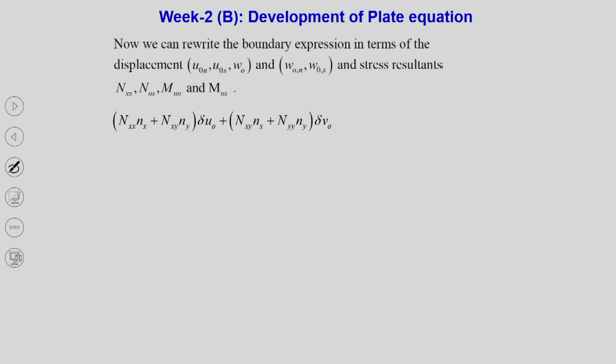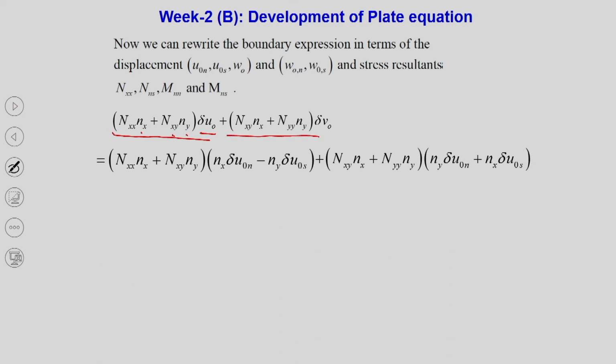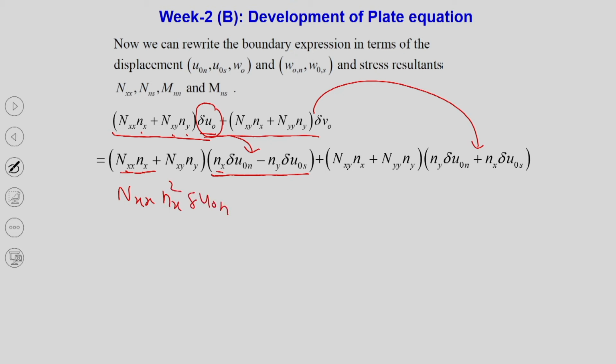So, now you see how to convert this from Nxx, nx, Nxy, ny, del u naught plus this thing. So, we are going to replace it with n and s, and similarly this to this, and then multiply it. So, what will that be? Nx, nx square del u naught n. The next